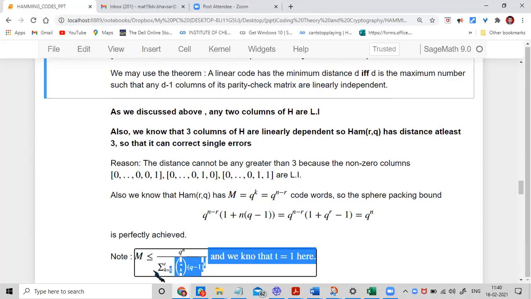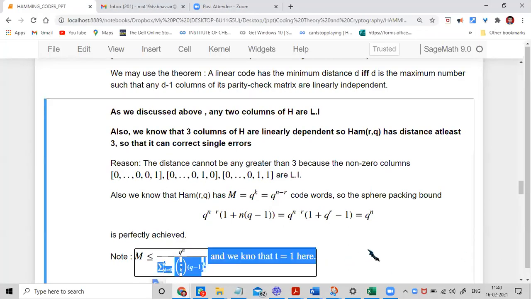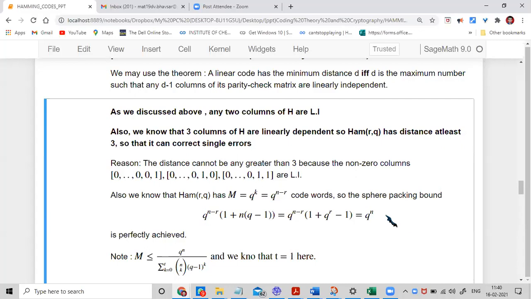So this is very good. He is rightly pointing out that m is less than or equal to that. So he wrote everything. Very good. So when t equal to 1, what happens? t equal to 1 means exactly equal to. Perfect code means equal to. So somebody now convert and tell us everything in terms of perfect code. In general, for the q equal to 2 case, can you tell us, sir? Everything.